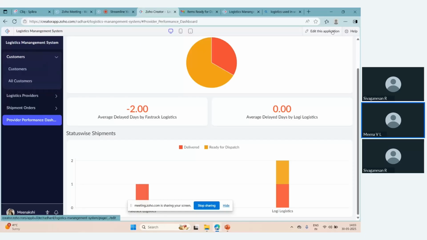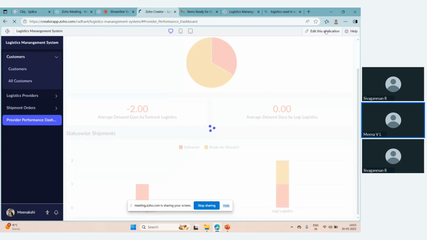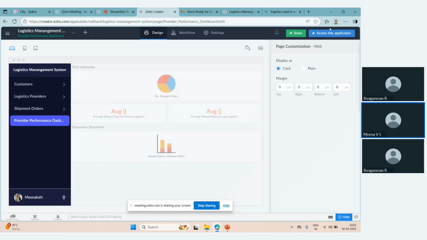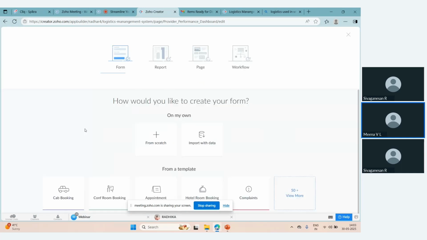Once you log into Zoho Creator, you will have to create one application first. So for your business, what is the application that you want to build? Once you have the application, it will have an option to create forms, right? Or once you create the application, there is a button called Edit this application. Once you go there, you can click on the plus symbol and create a form.